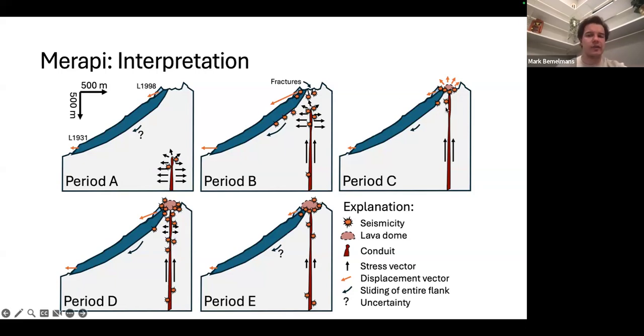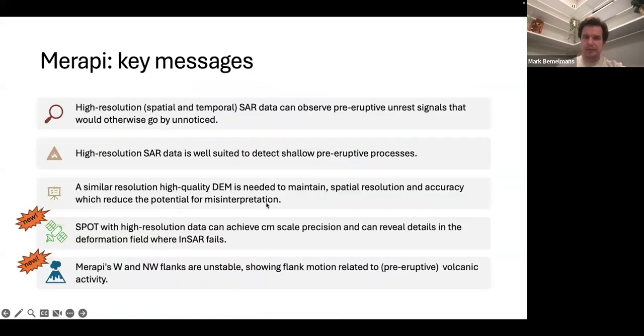As we continue, we get into this lull where not much is moving and the lava domes are growing. Then the lava domes stop growing and we get more seismicity again. This triggers more sliding of these lava flows on the western and northwestern side of the volcano. And that eventually weakens as well, where the seismicity remains a little bit elevated from what it was before. Now, some of the key messages that are added here is that the use of sub-pixel offset tracking